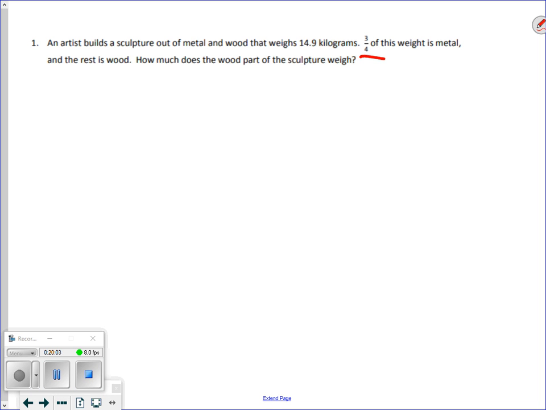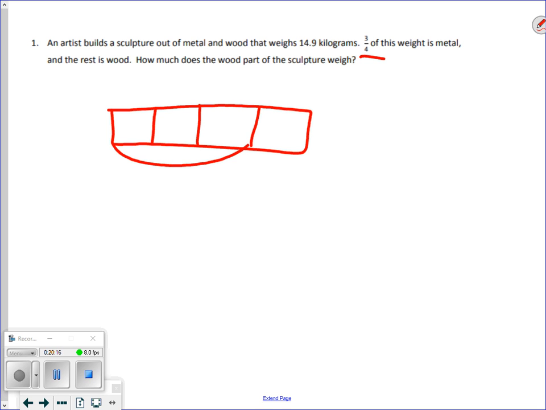The question is asking about wood. How much of the sculpture is wood? 1/4. So 3/4 is metal. That leaves 1/4 is wood. That's what they want. 1/4